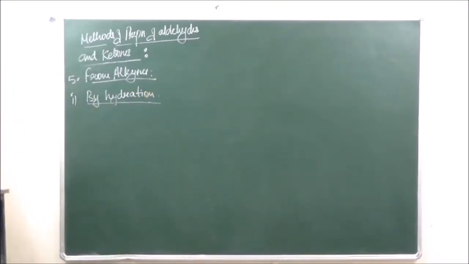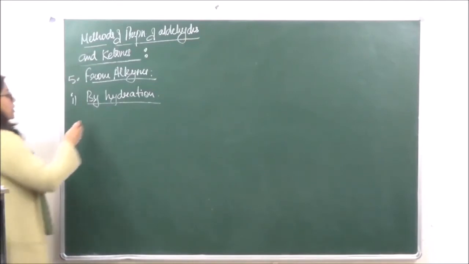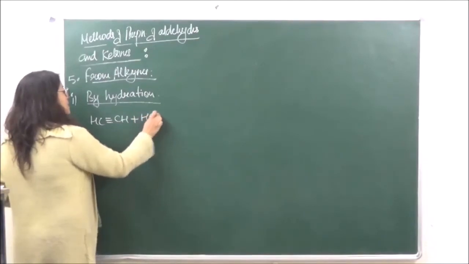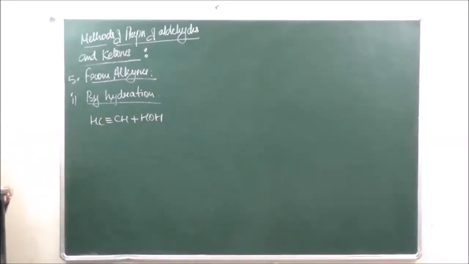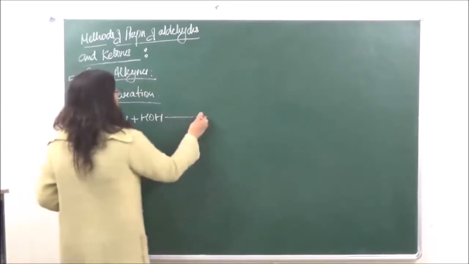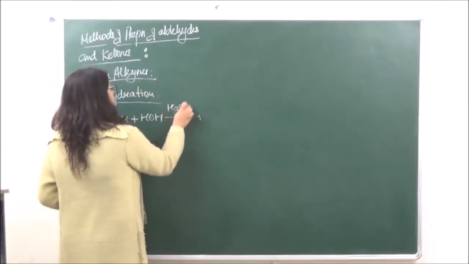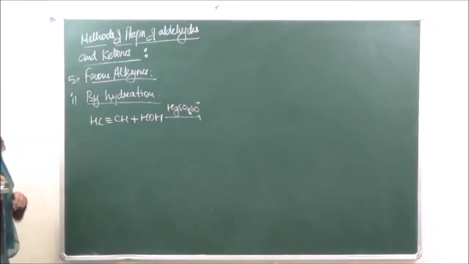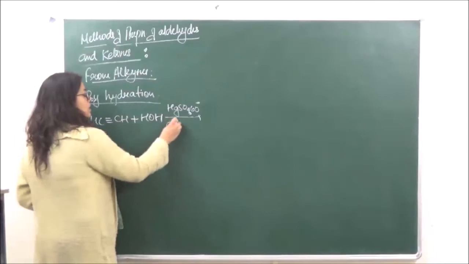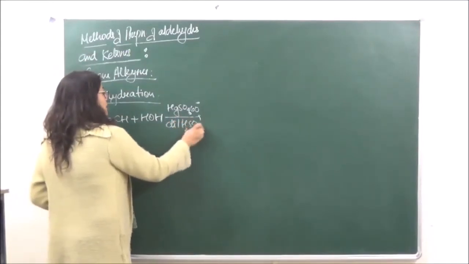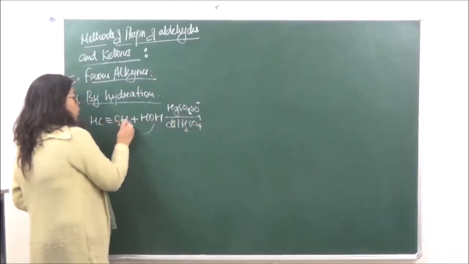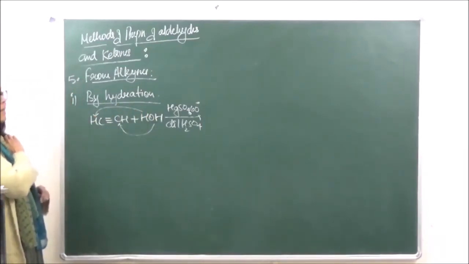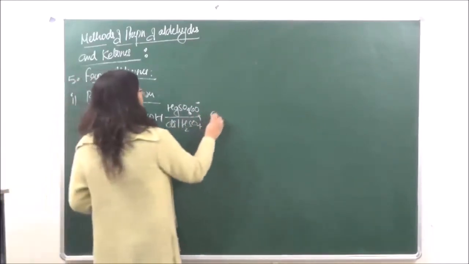Okay, the water molecule that is going to add around the triple bond. So we have over here CH triple bond CH plus HOH, the reaction that takes place in presence of HgSO4 at a temperature of 60 degrees Celsius and in dilute H2SO4, such that OH attacks over here and hydrogen that is going to attack over here, and we are going to get a vinyl alcohol over here,